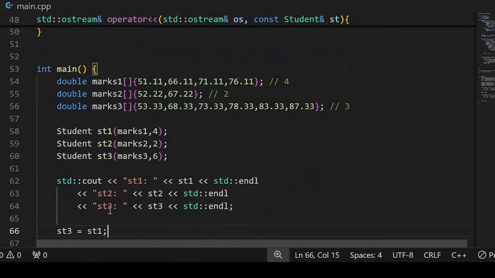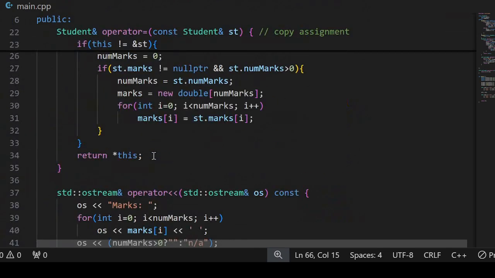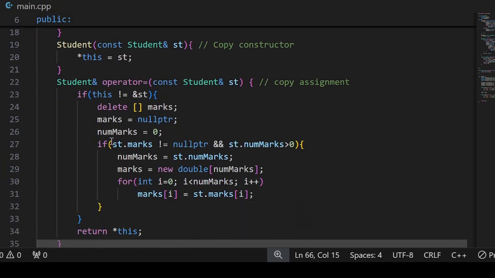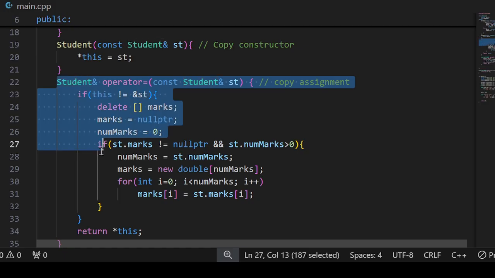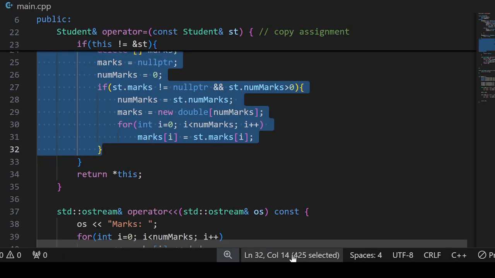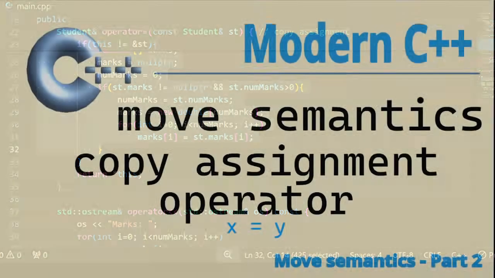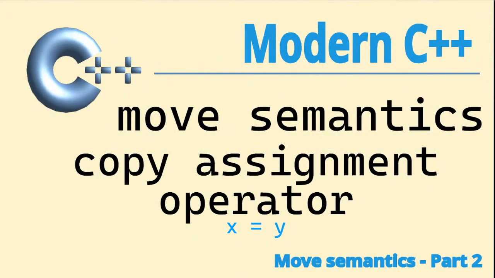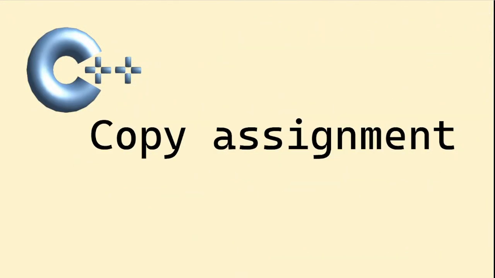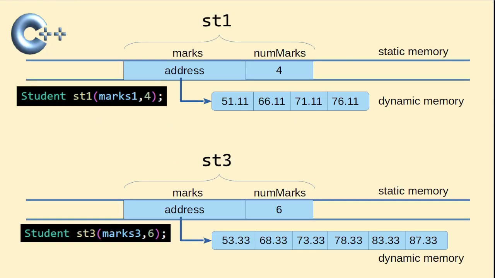So this copy assignment operation, how it actually works, to explain this I will take you to this place. I will explain copy assignment in the context of the code I explained. When the instruction to create the st1 object is executed, then a custom constructor is